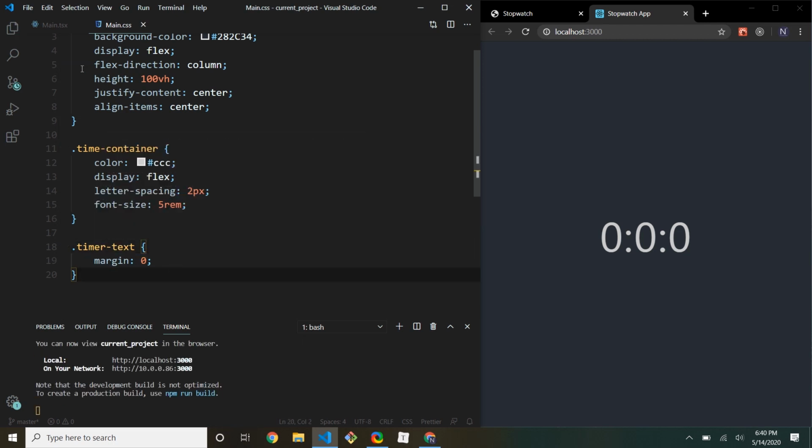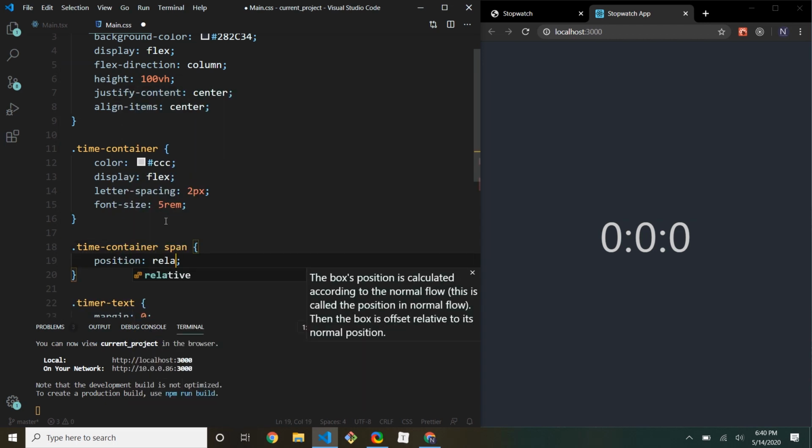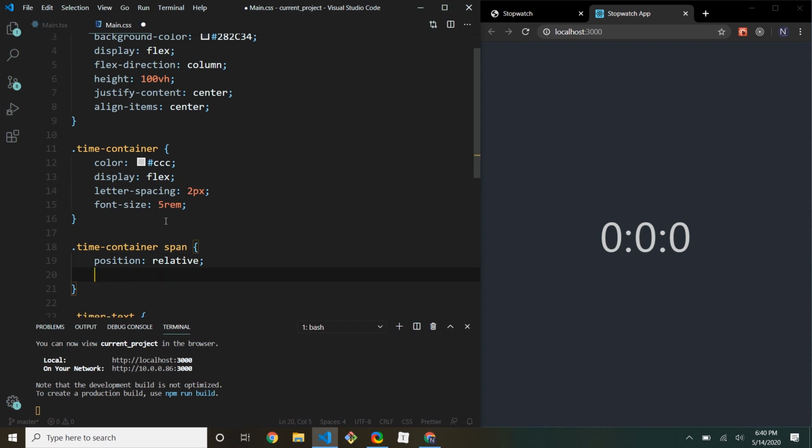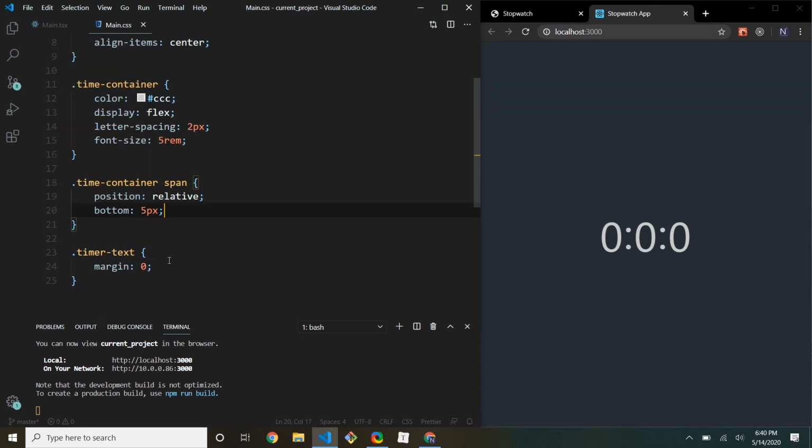And in the span tag, we want to kind of move these up a little. So I'm going to say time container span, position relative, and I'm going to say bottom. Let's do 5 pixels so it looks a little bit more centered. There we go. And I think those colons look a little bit too big, so I'm going to put this